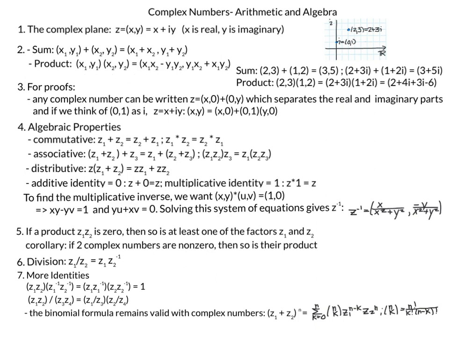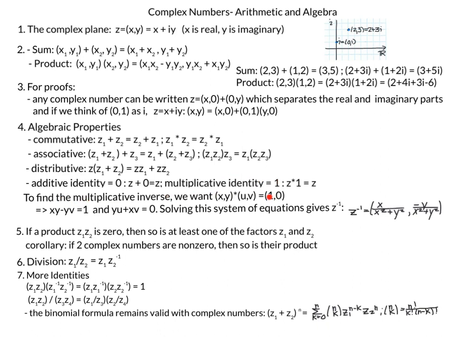We talked about how in the future, and also for proofs, it might be convenient to write z to separate out the real and the imaginary component, and also to remember that 0, 1 is considered to be i, because there is no real component and 1 on the imaginary axis. We went over the algebraic properties of the complex numbers. Addition is commutative, multiplication is commutative, addition and multiplication are associative. We have this distributive law, and we have the additive identity is 0, the multiplicative identity is 1, and then